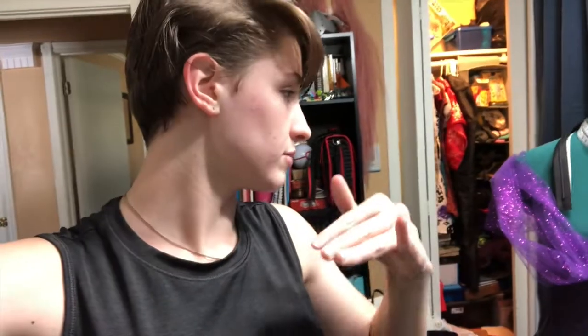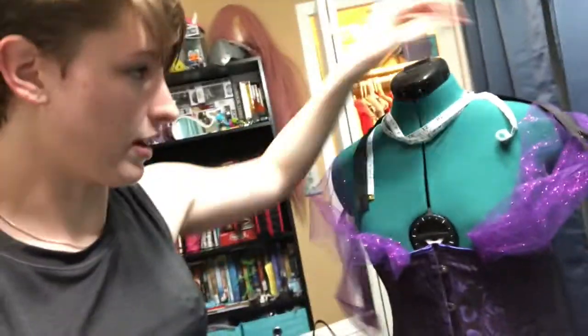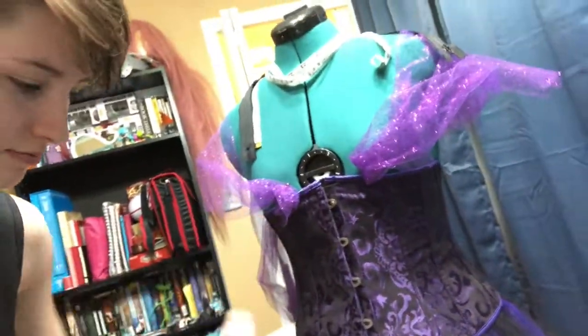Alright, well, we haven't gotten much further. I have kind of a base drape on how I wanted to do my sleeves on here, and then I have the corset on here just to kind of look how it would do with this. I finally got all the layers cut, so I think right now I need to